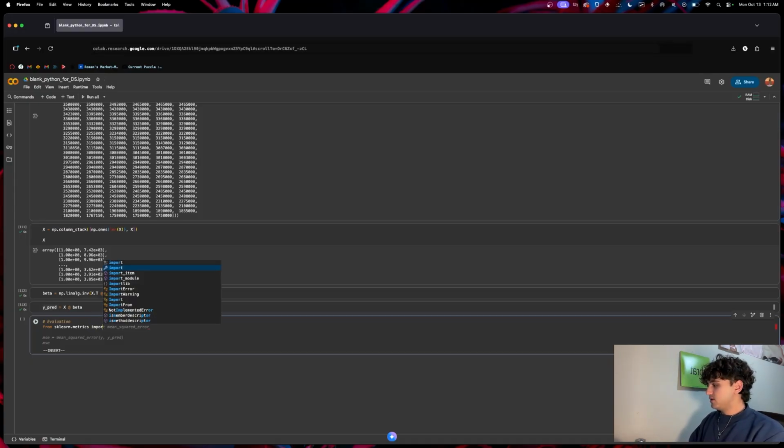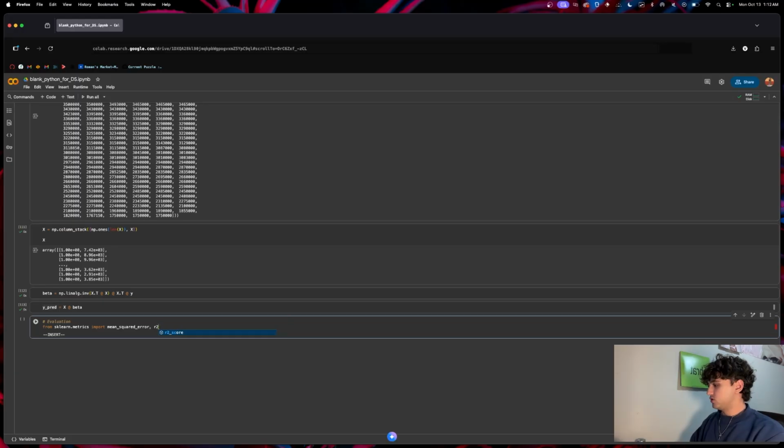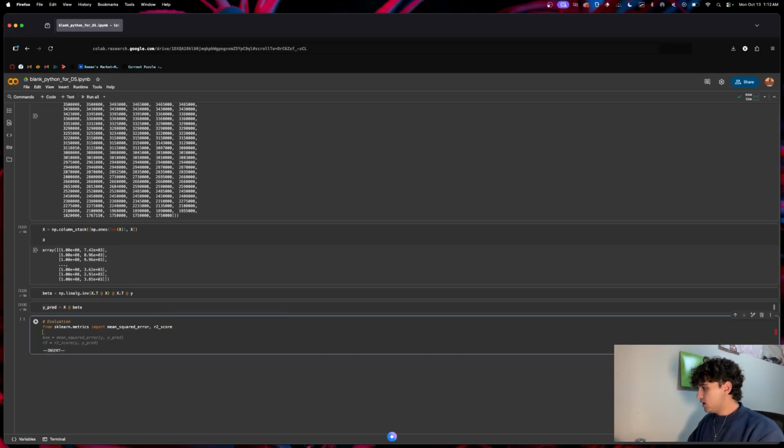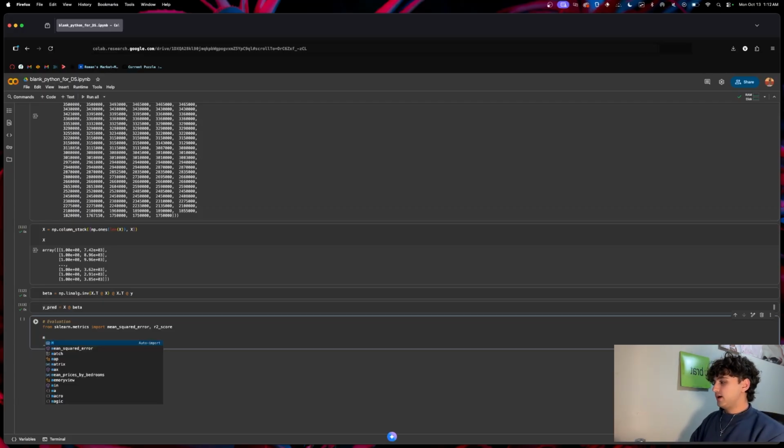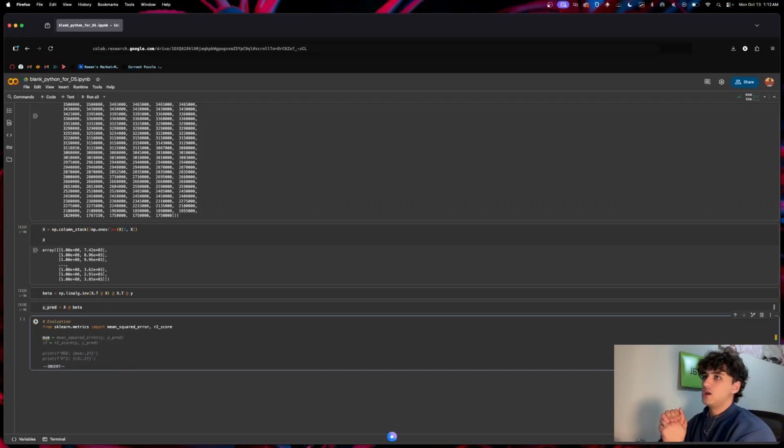So we can import mean_squared_error, and we'll also use r2_score. So this is going to allow us to get 3 separate metrics that we're going to be able to use. So the first one is mean squared error. What does mean squared error mean here? So mean squared error is giving us the mean square distance between our model's assumption